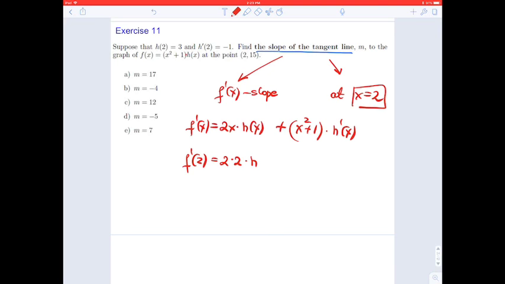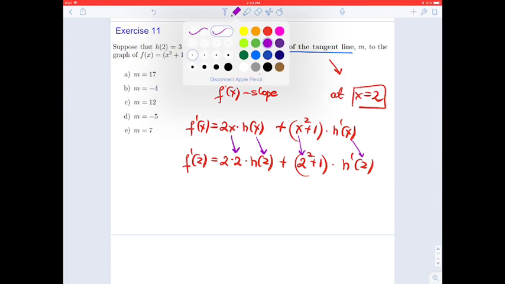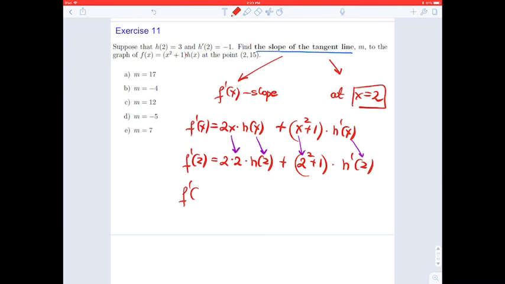2 times 2, h at 2, plus 2 squared plus 1, h prime at 2. We can see that's 2, that's 2, that's 2, and this is 2. And let's find. 2 times 2 is 4. h at 2 is given, and it is 3. And 2 squared is 4, plus 1 is 5, and h prime at 2 also is